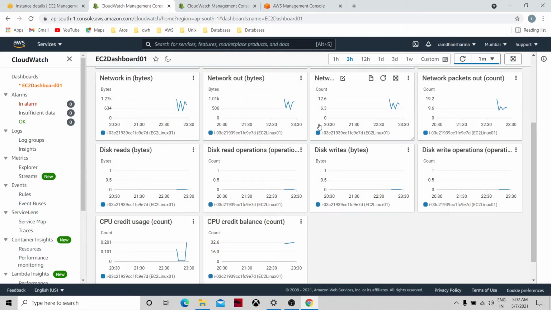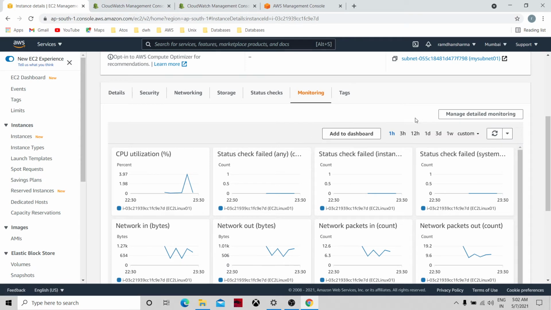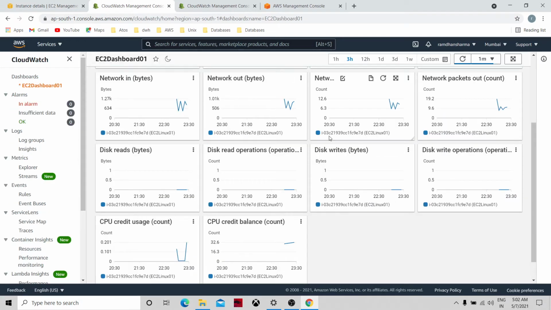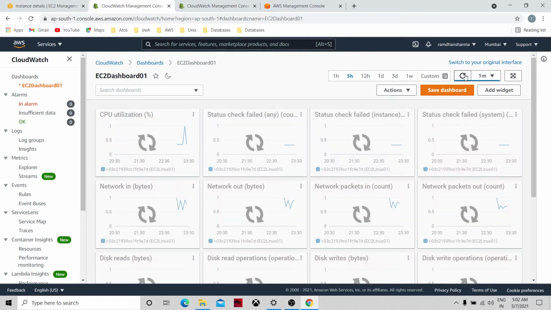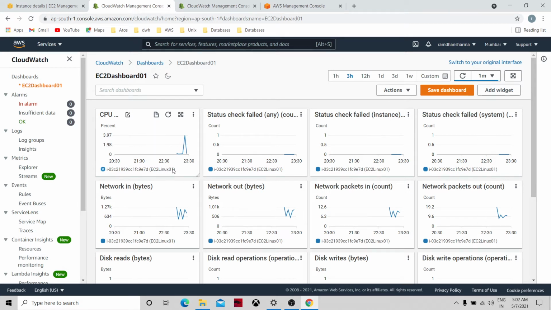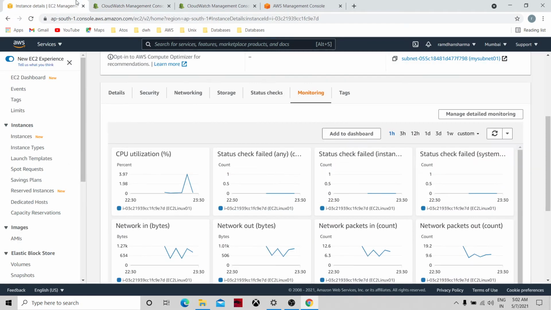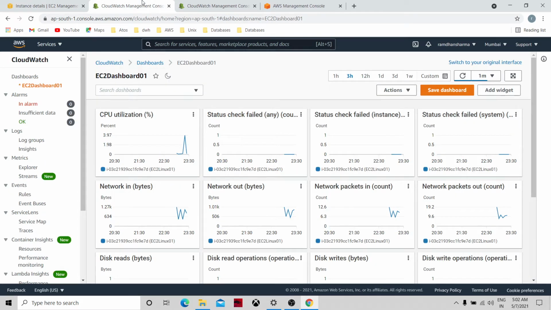Now whatever we have here got added to the dashboard. You see our CPU utilization at around time 23 goes up to 3.97. Let's refresh it. So this is our dashboard created in CloudWatch.